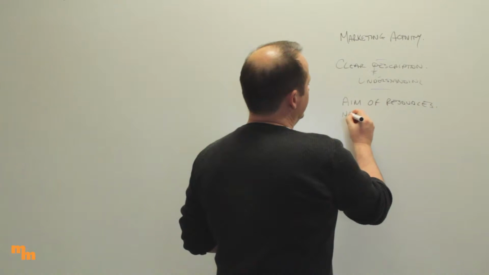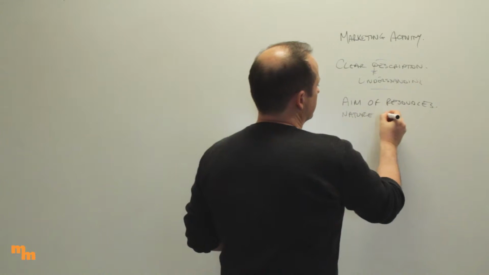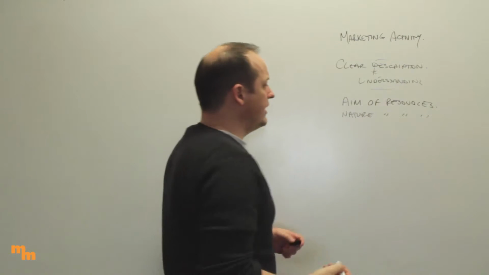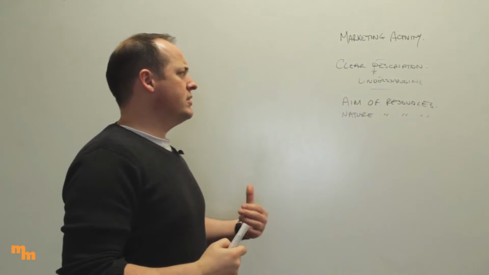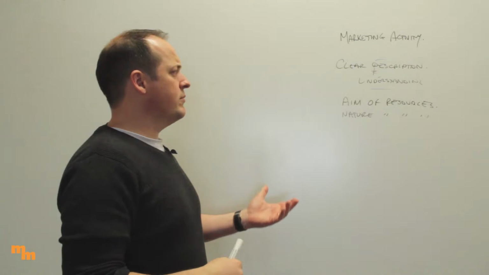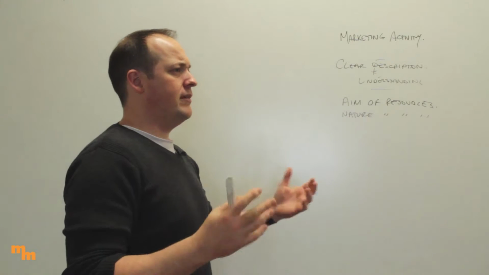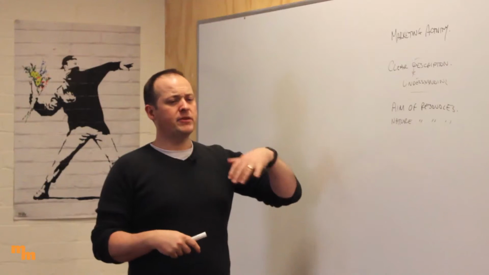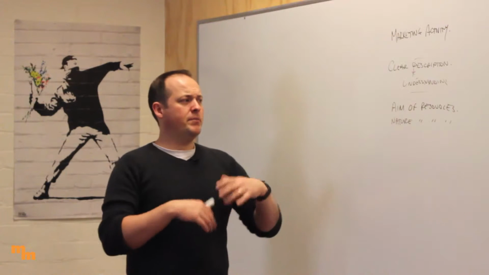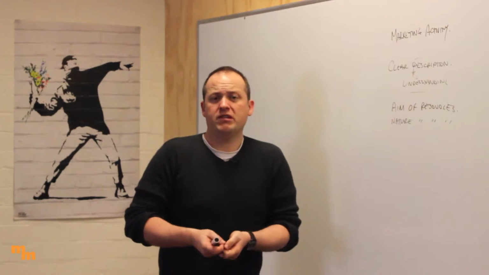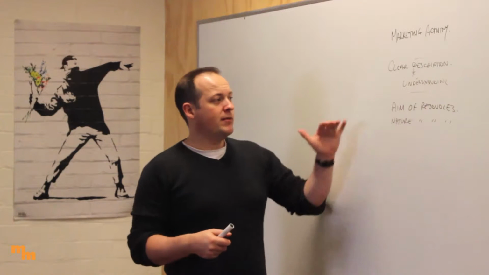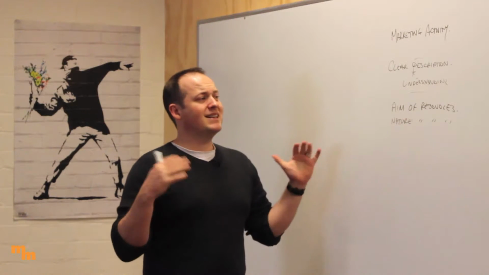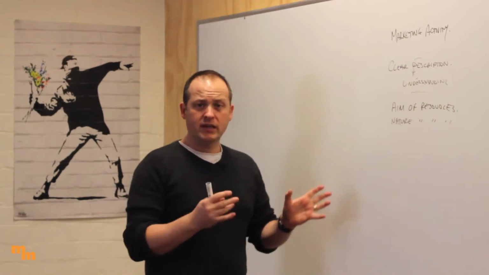Then we need to talk about the nature. The nature of the resources. So what is it exactly that you're going to get? So we're going to get some people to hand out brochures to make sure that everyone understands what's going on. The sort of people that we need are people that are able to stand on a street corner and hand out a brochure. Or the aim of the resources is we need to conduct market research into whatever activity it is,